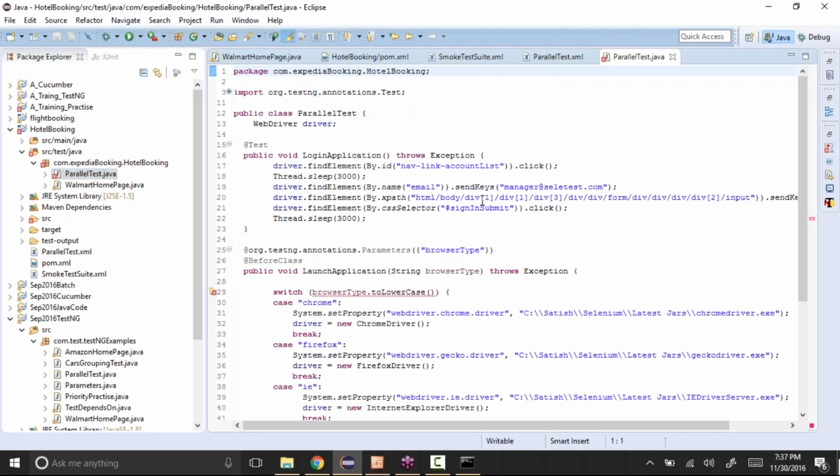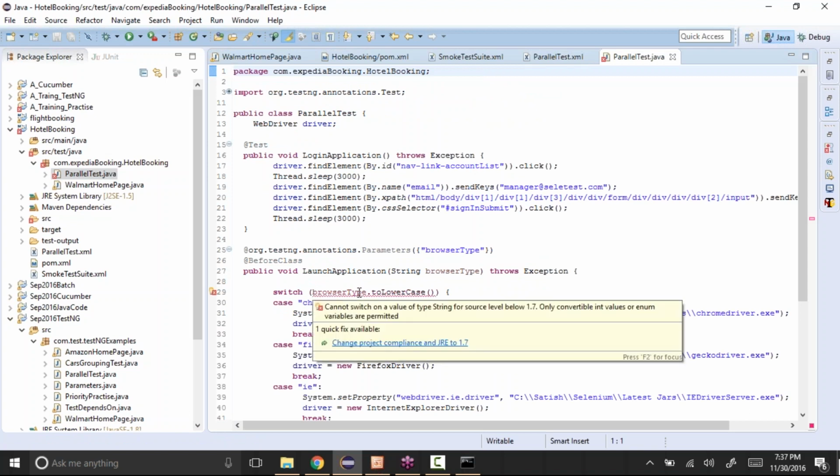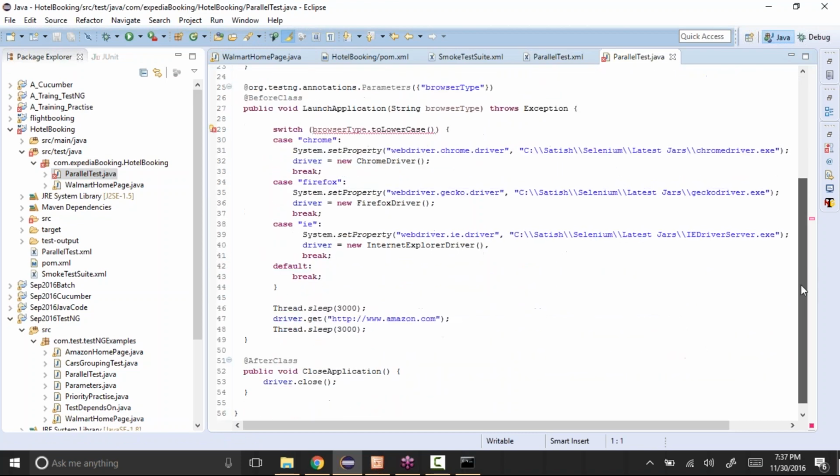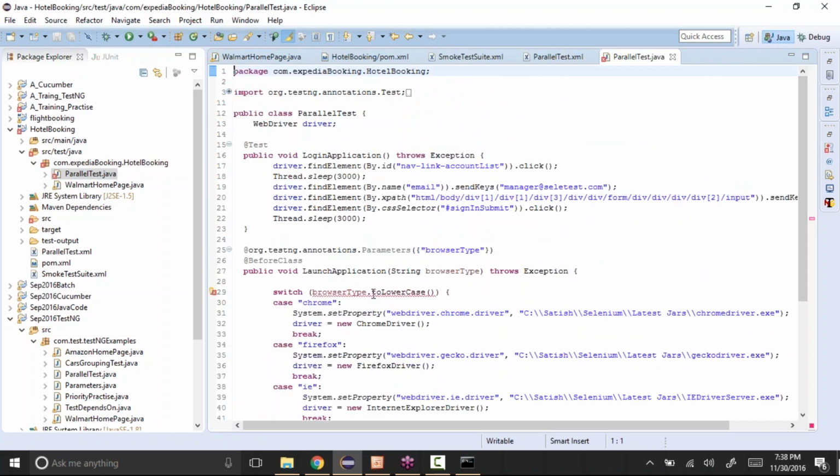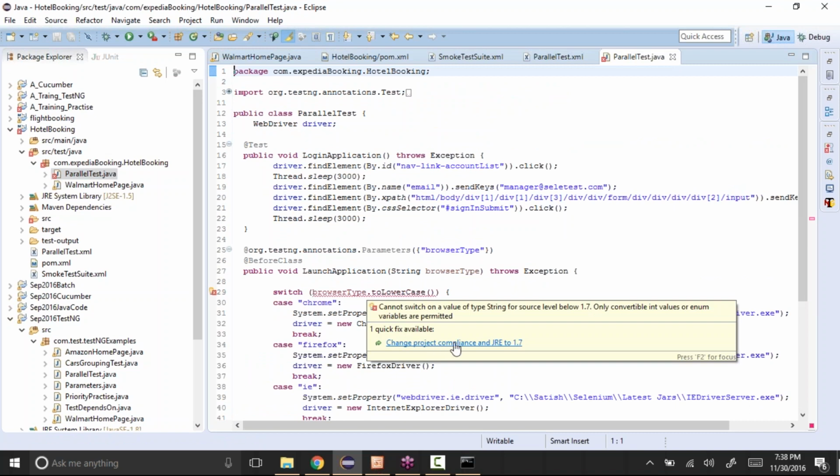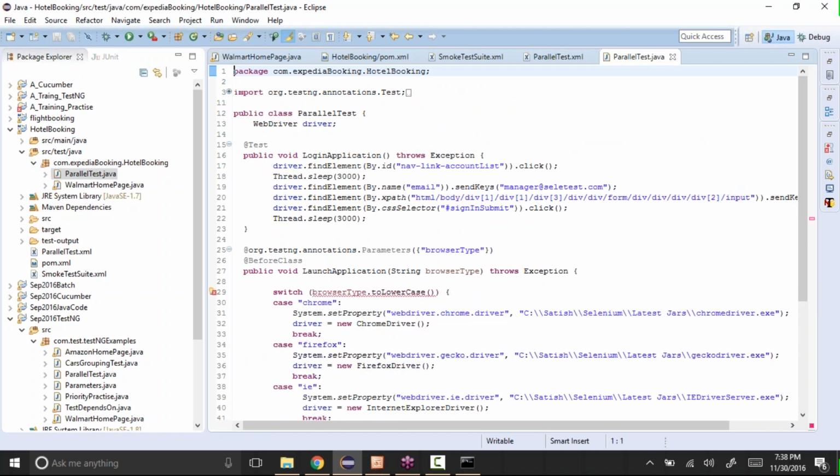Let's see what it is. Okay, just like browser type in lowercase, it's asking us to change it to a different one. Okay, so it's just old code, so we updated it.